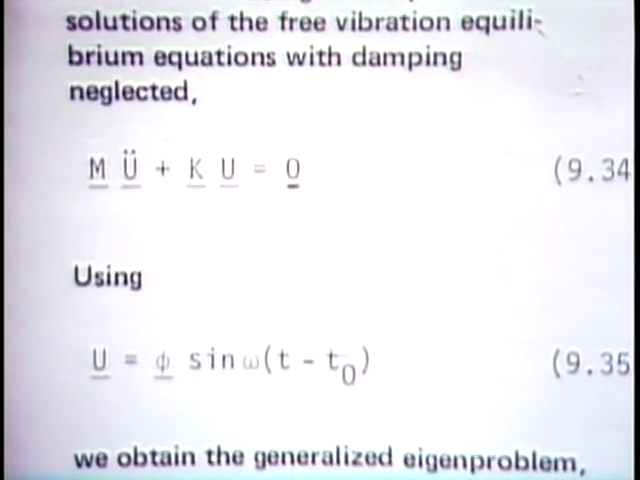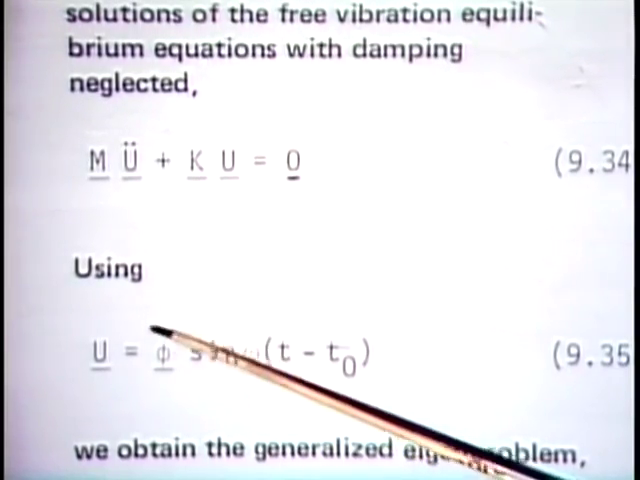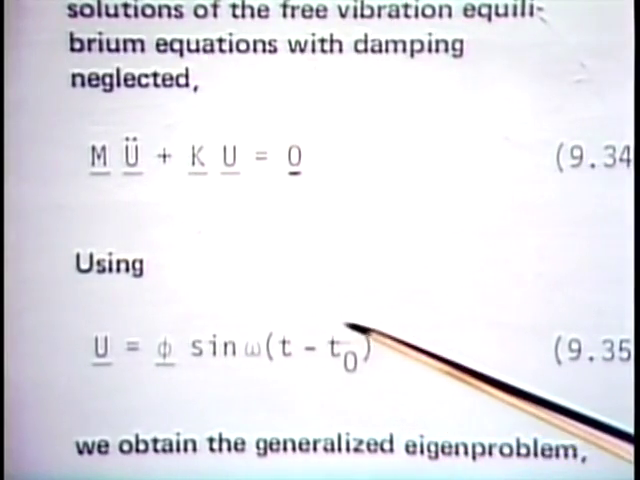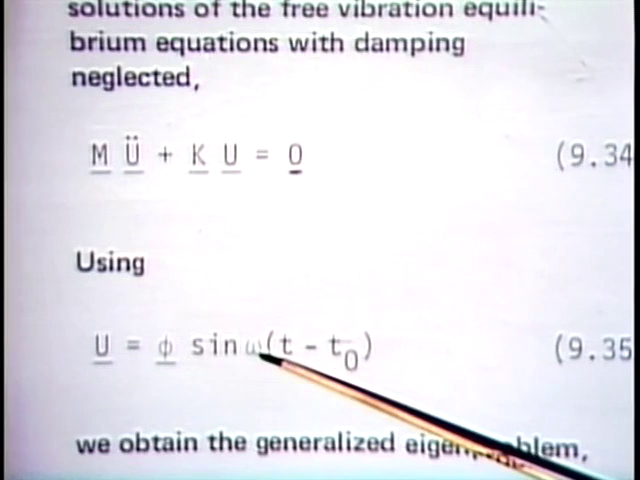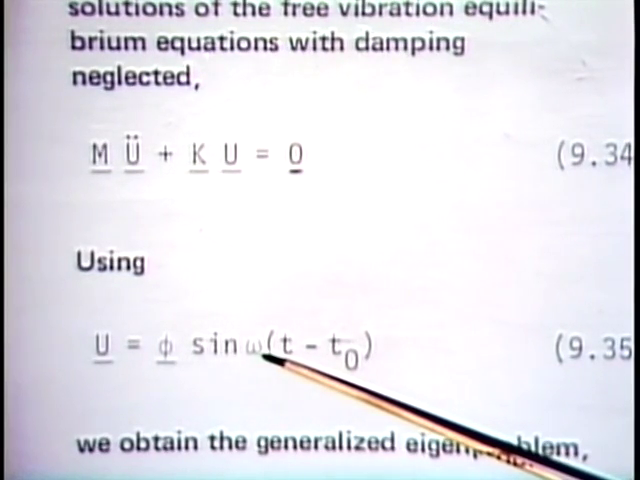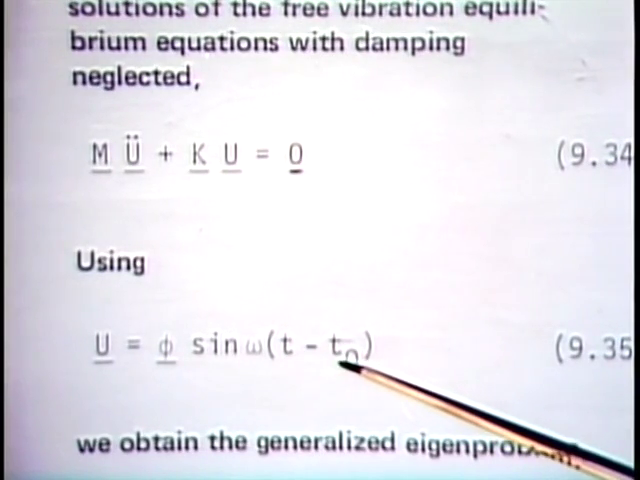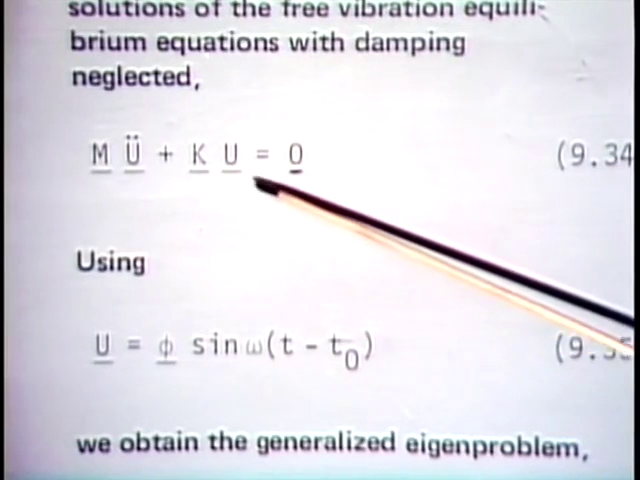of course being our displacement vector, phi being also a vector that is independent now of time. And here is the time dependency: sine omega t minus t0, omega being in radians per second, a circular frequency, t of course being the time, and t0 a time shift. If we make this assumption, substitute into here,